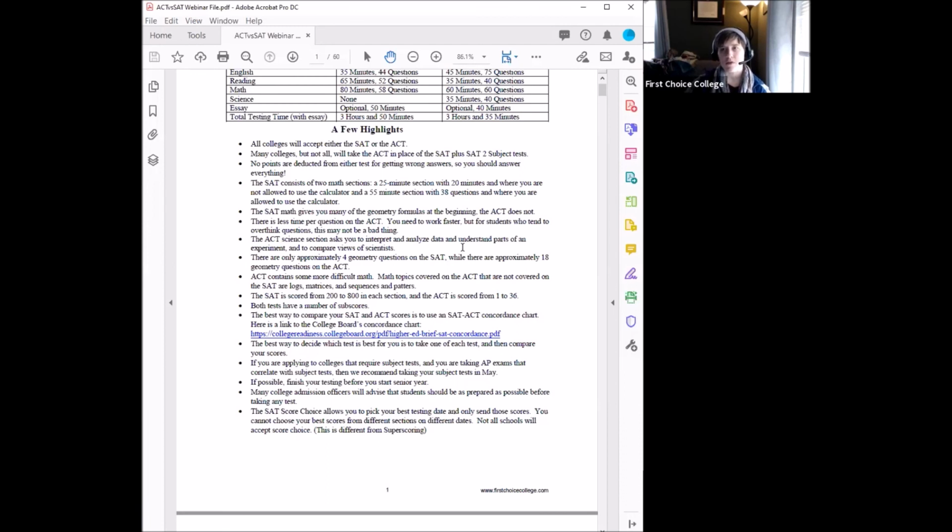It's more if students are trying to get closer to that perfect score, if they're looking at the Ivies, things like that, and they know they're really not good at matrices and logarithms, that's going to be a weakness, then the SAT might be their better option. That's something for them to keep in mind. But again, for a lot of students, those matrices, sequences, and patterns aren't going to come into play deeply in their score.